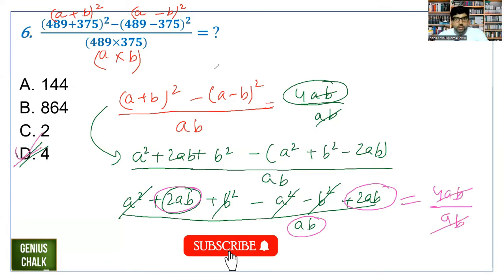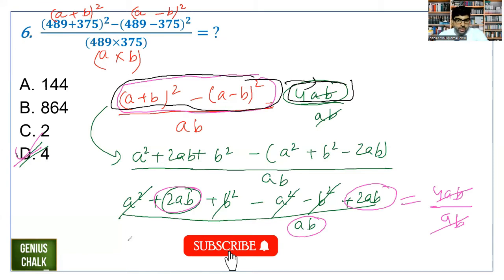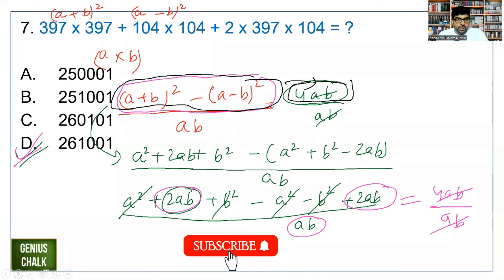So this is the formula we are talking about. Please remember this formula, that this part is always equal to 4ab, right? This part is always equal to 4ab, right? Quite useful, right? All right,